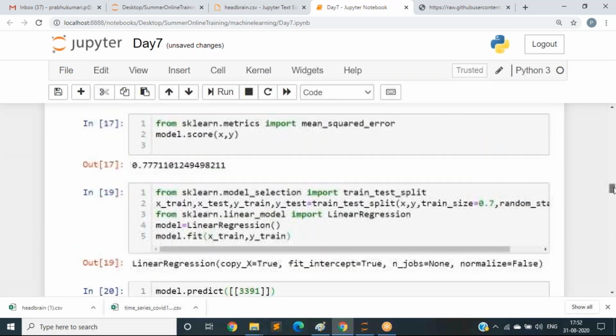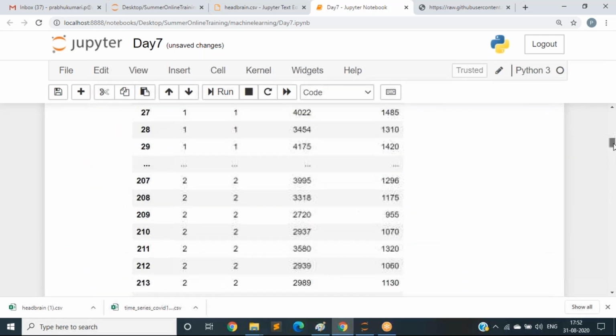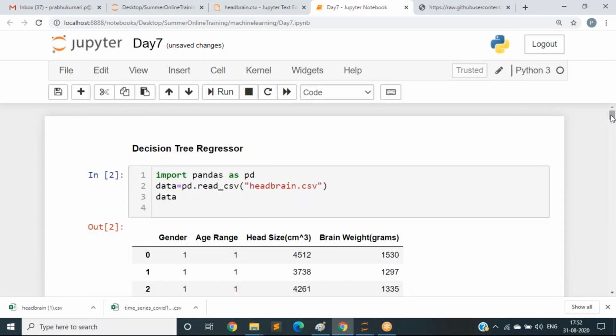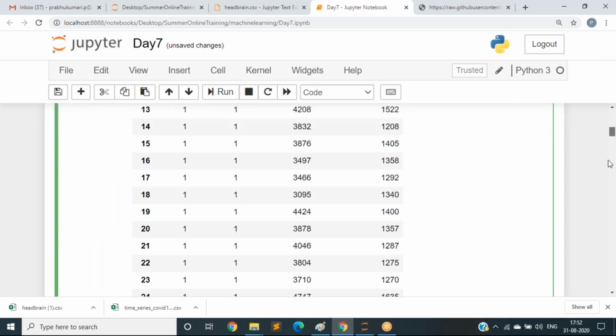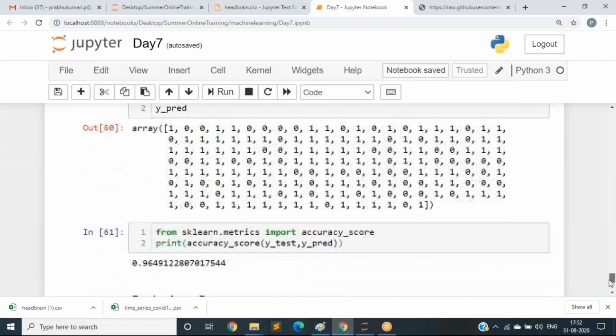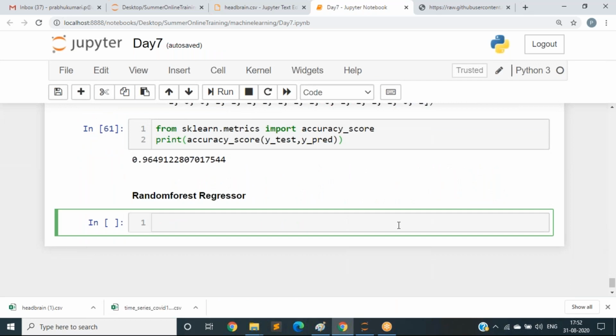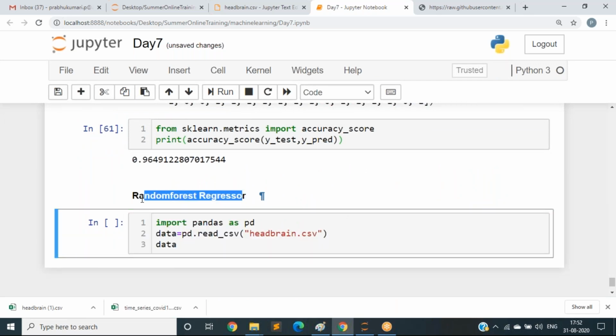As we have already done, we can just copy the lines, or you can do it again by typing. But what algorithm do you need to apply here? Change the algorithm if you are copying. We are using random forest regressor, not decision tree regressor here.